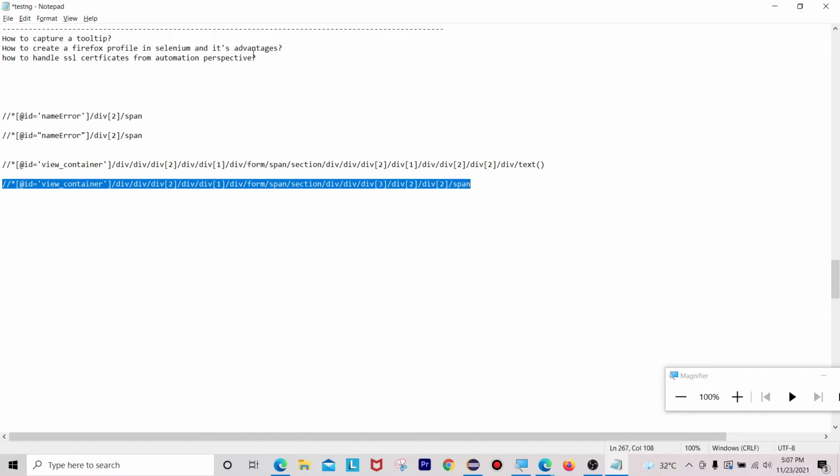And the second one is we can easily customize our Firefox profile based upon our requirements to automate the scripts or scenarios.